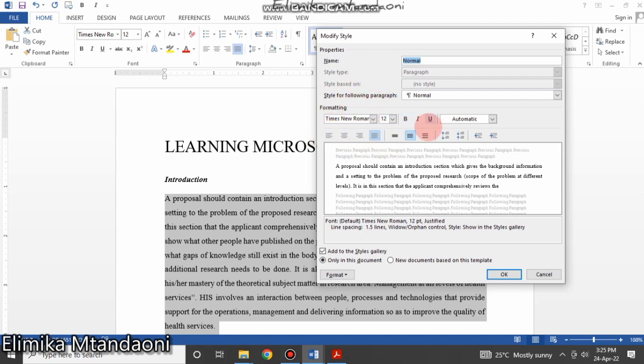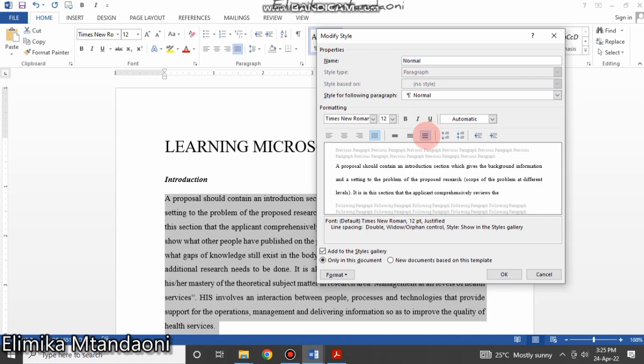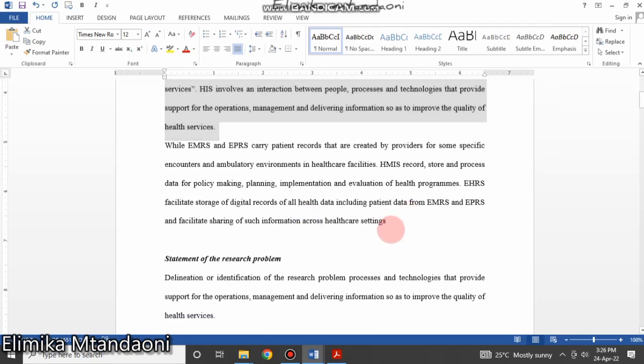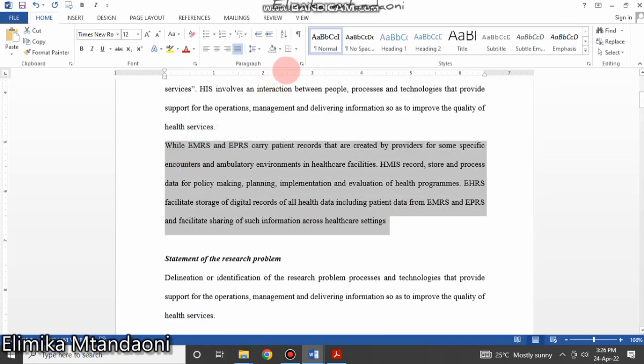Remember, this one had a double spacing. It had double spacing, so we select double spacing. It was justified. It had double spacing and justified. And I think it was Times New Roman, and the size was 12. So we select size 12. Then we say okay. So you see now, if we select any paragraph like this, and we select